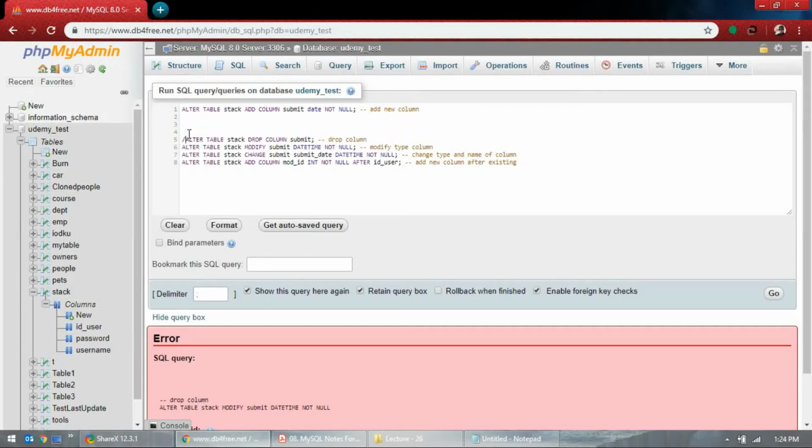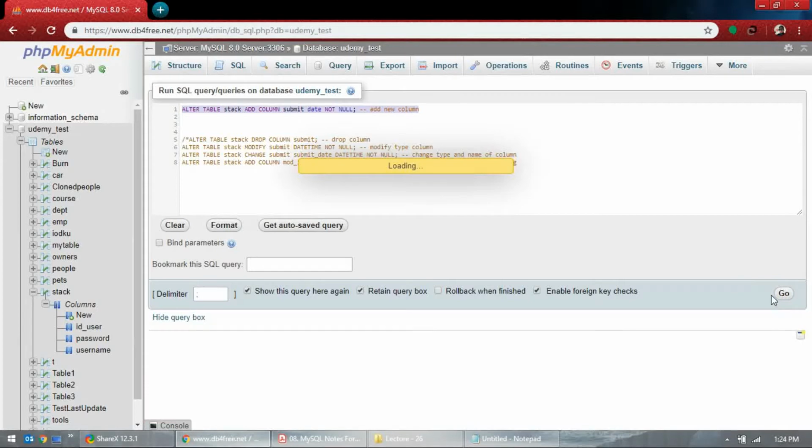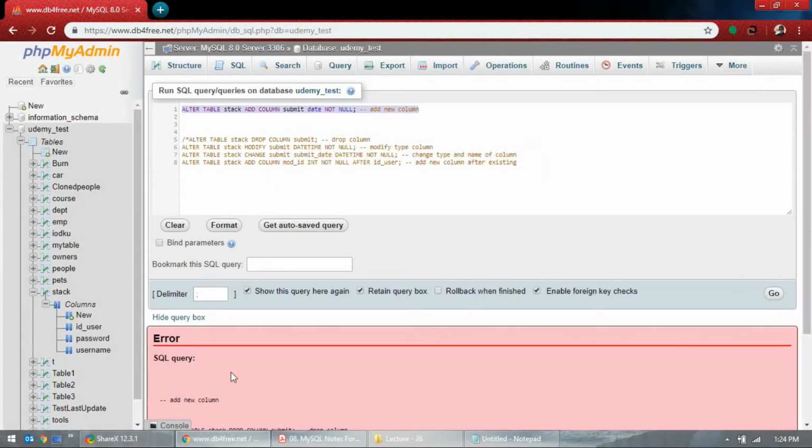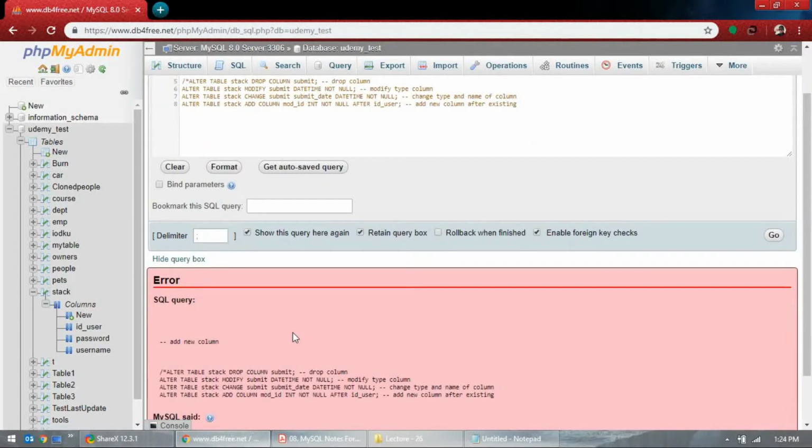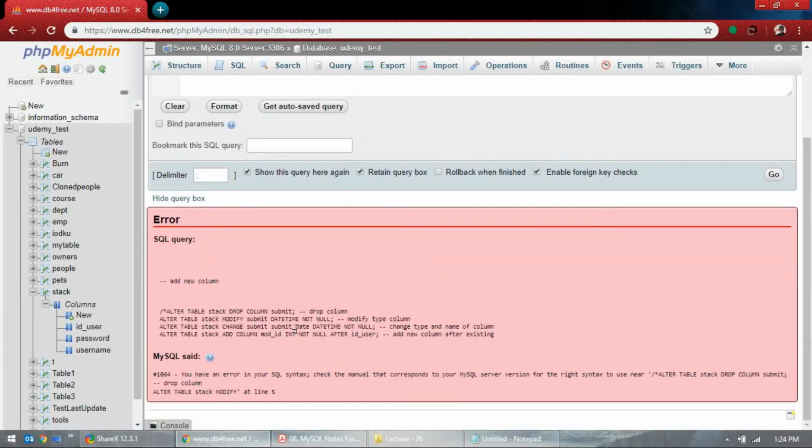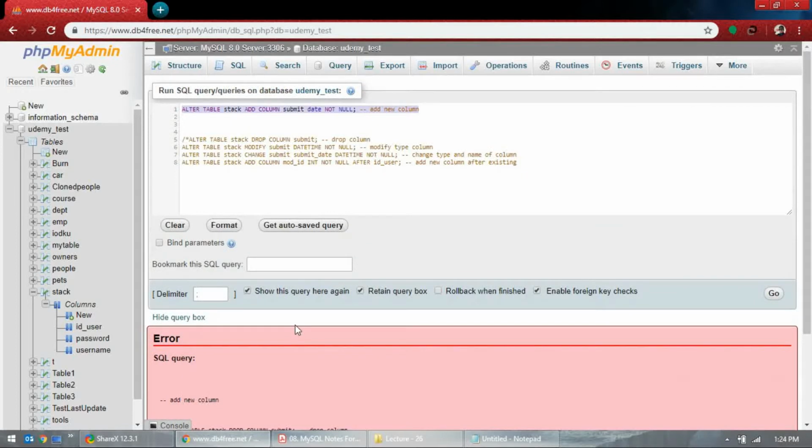So let's do one by one. What's the issue with this? So I'll just execute this. Supposed to get executed. You cannot add a column called submit with a date.